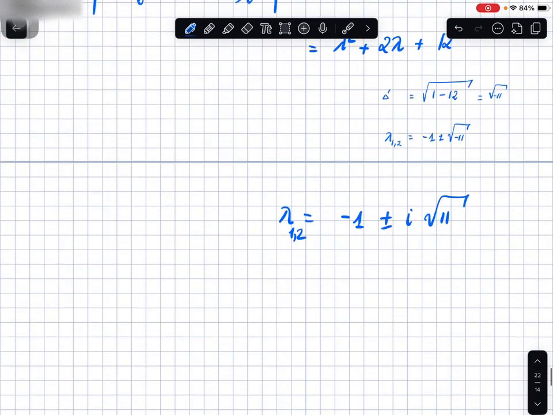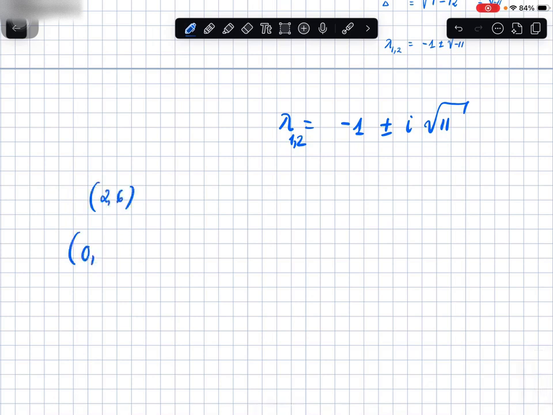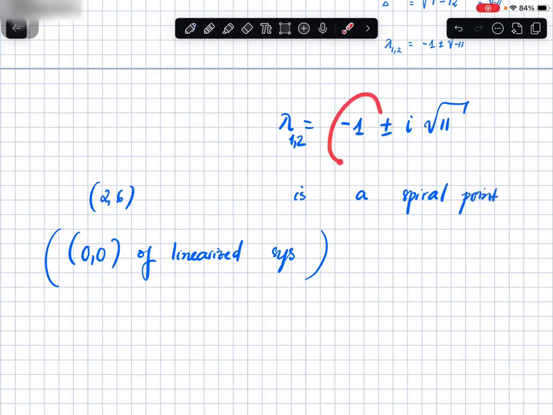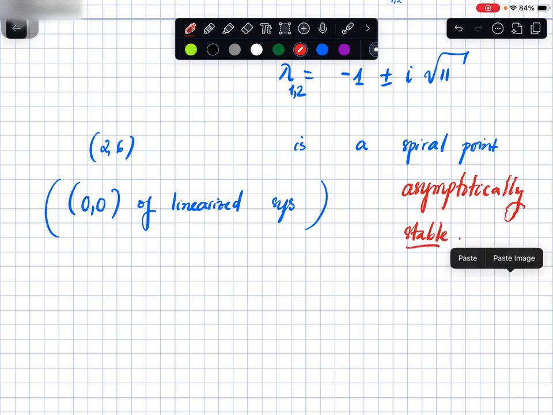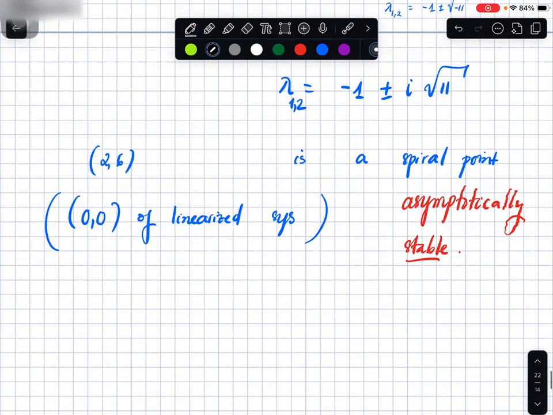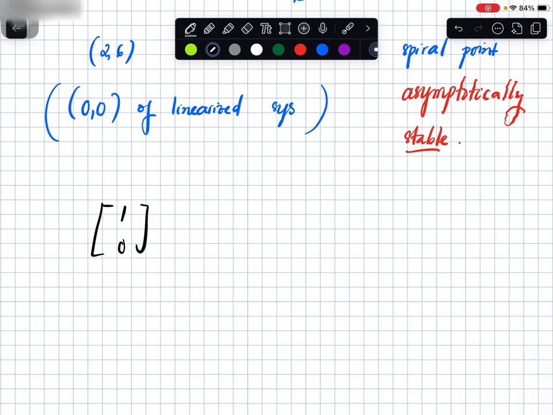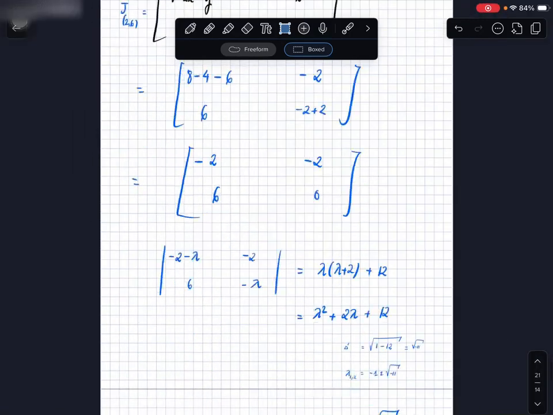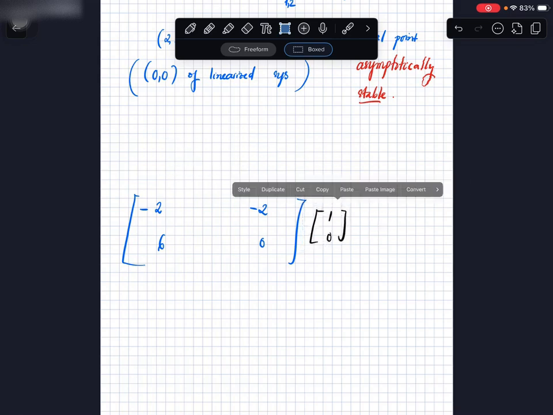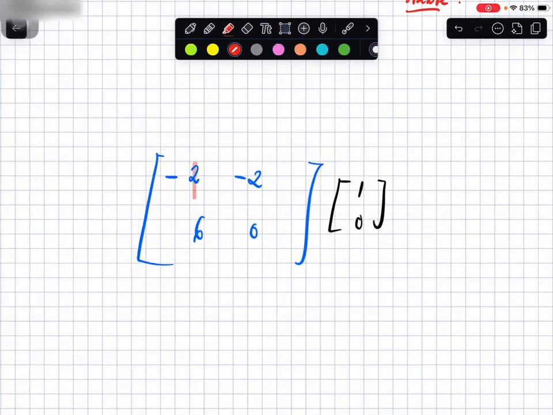So that is (2, 6), which corresponds to (0, 0) of the linearized system. It is a spiral point. In this case, the real part is negative, so we have asymptotically stable. And if we want to sketch that, let's compute (1, 0). Let's see what this matrix does when it acts on the point (1, 0). We know that it will give us the first column,